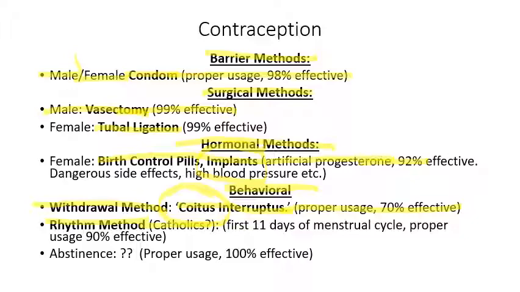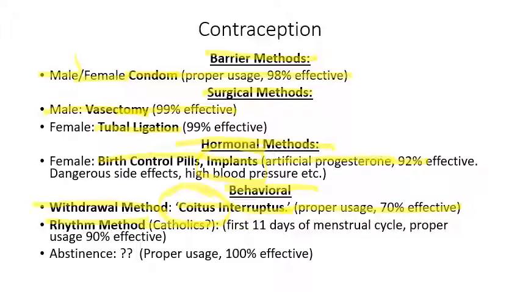This obviously is only because it's a religious organization. This advice is only for married people. The Catholic Church and all the other Christian sects believe that people should not have sex unless they're married, and then if they do have sex, technically they should only be doing it with the idea of having children. But the rhythm method was a kind of compromise position that the Catholic Church came up with,